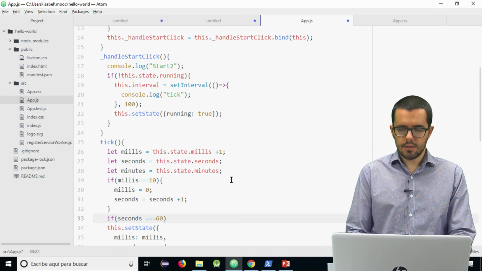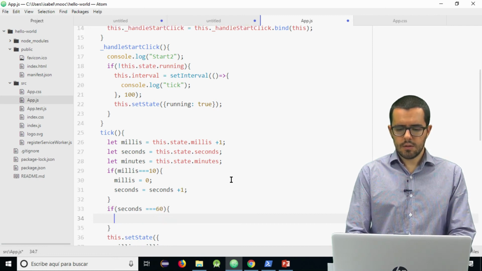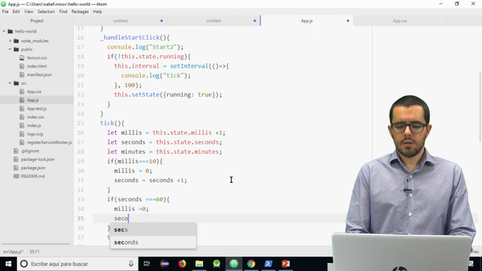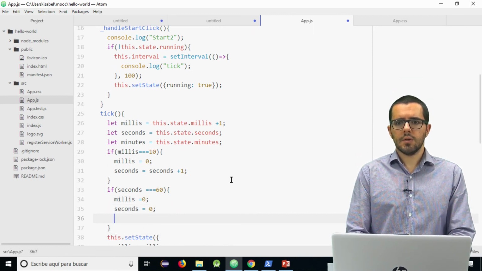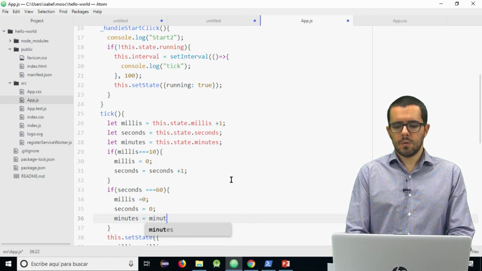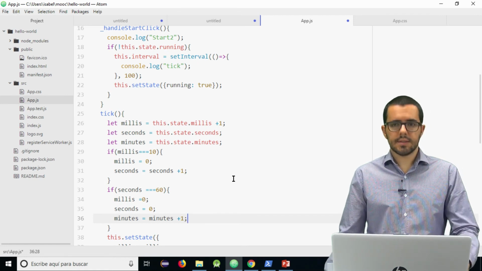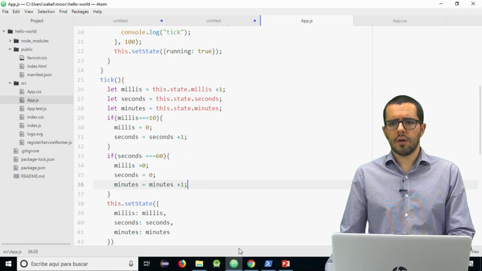We get a minute. So millis 0, seconds 0, and minutes increasing 1. Let's check. Perfect. I think it's okay if we don't have any error.